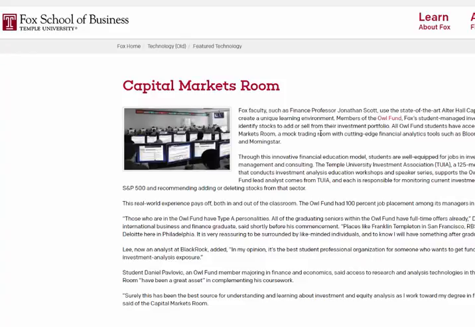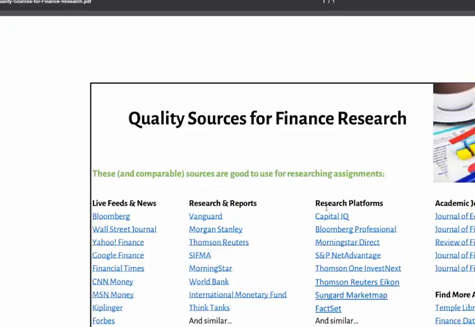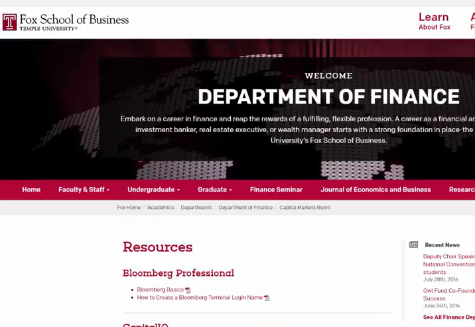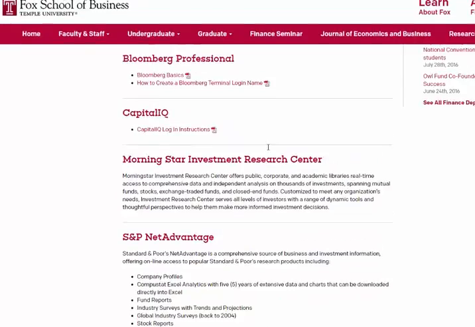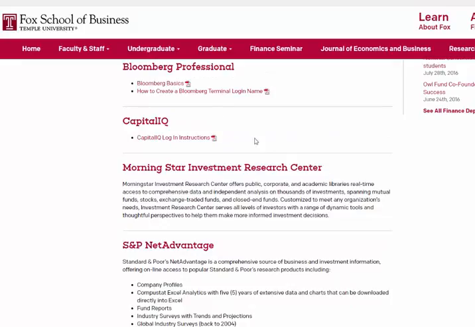Hope you're doing well. I've had several students ask me about the capital markets room and where it is, and I was confused about it myself at first, so I wanted to share this with you guys. So the capital markets room, for those of you who don't know, is where you can access the research platforms. So Capital IQ, Bloomberg, Morningstar, S&P, all of these, and there are instructions on the Fox business page on how to create logins. You physically have to be in the capital markets room to access a lot of these research